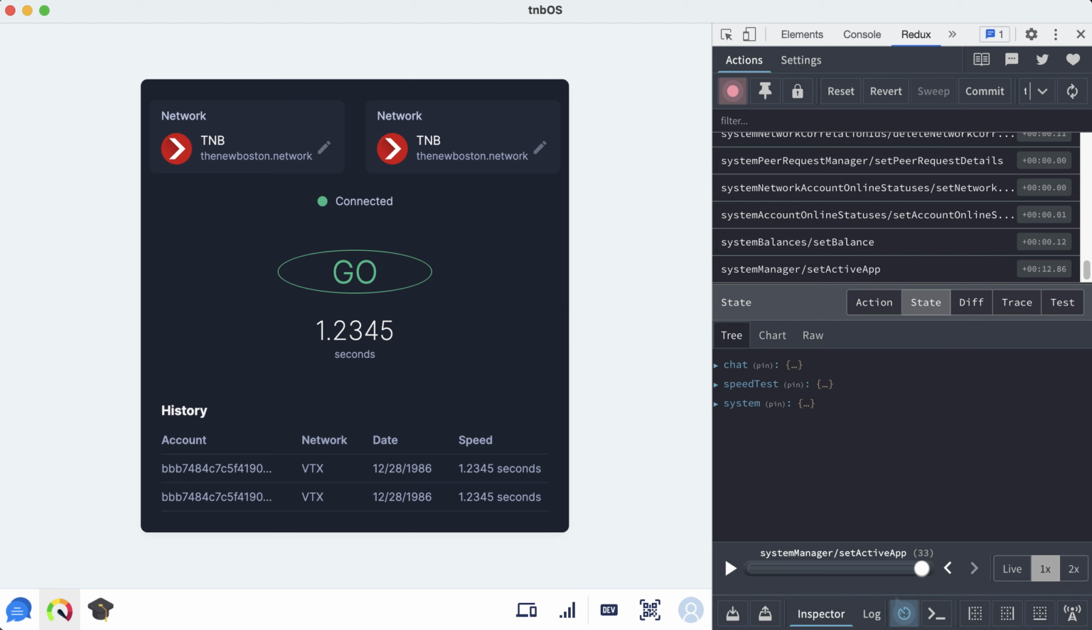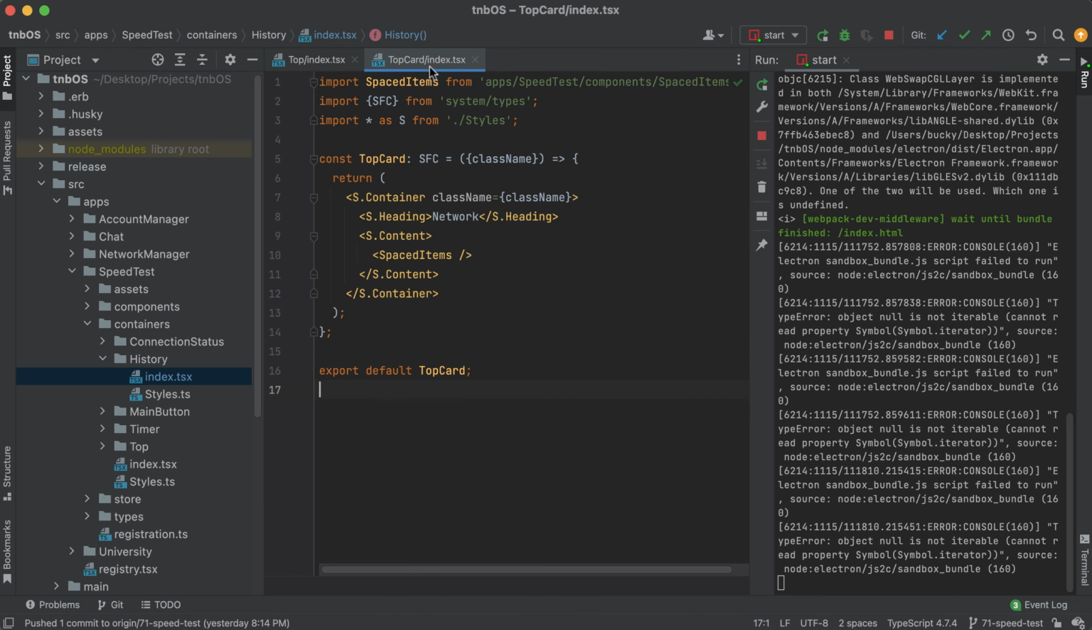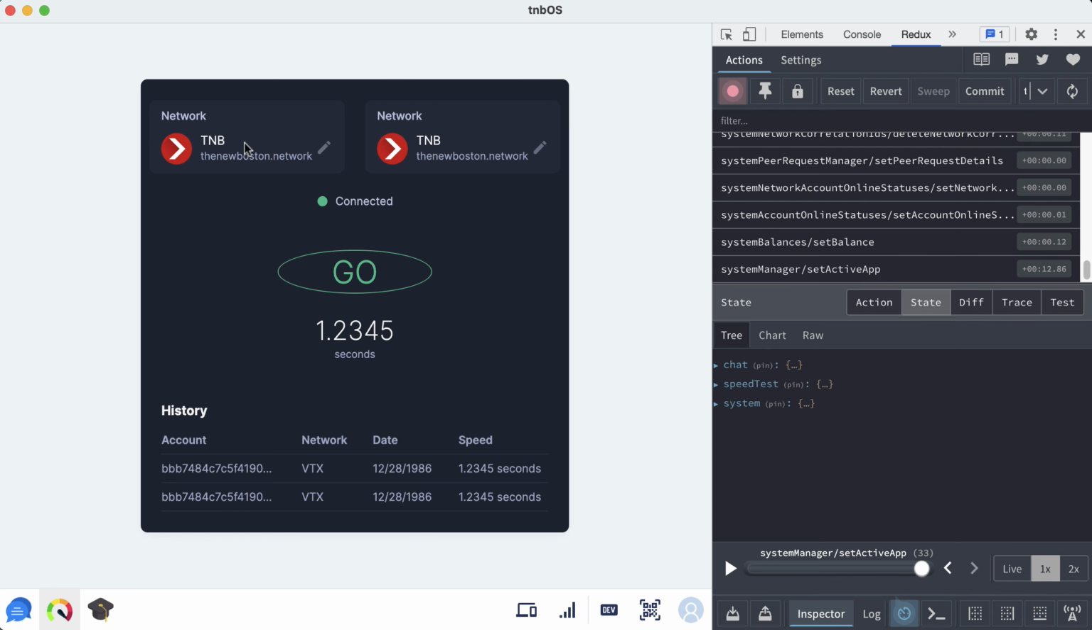So what I'm gonna do, and I'll show you what the top card is right now. For each of these top cards, we just hard-coded in the word network for the heading. And then we also hard-coded in the element that we're passing in, which is this spaced items element, which is basically this logo in pencil right here. So I want to update the component now so we can pass in whatever string that we want for a heading. And also, I'm going to have it so we can pass in any node for this bottom content right here,